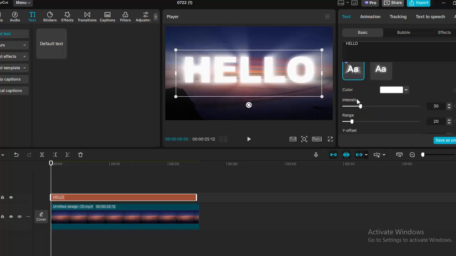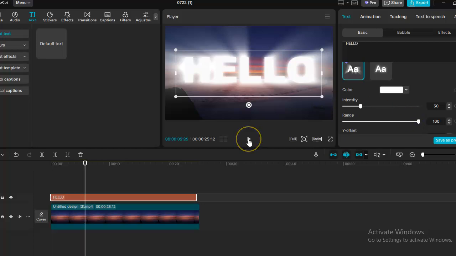and then here you can adjust, for example, the intensity. 30, okay, is fine, and the range to 100. Okay, yeah, this is what you need to do if you want to know how to make glowing